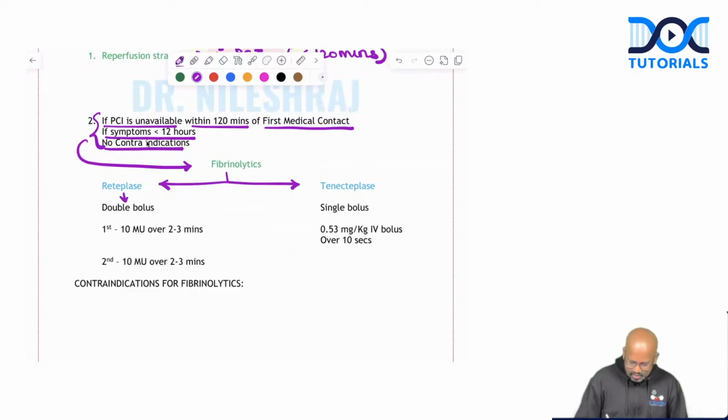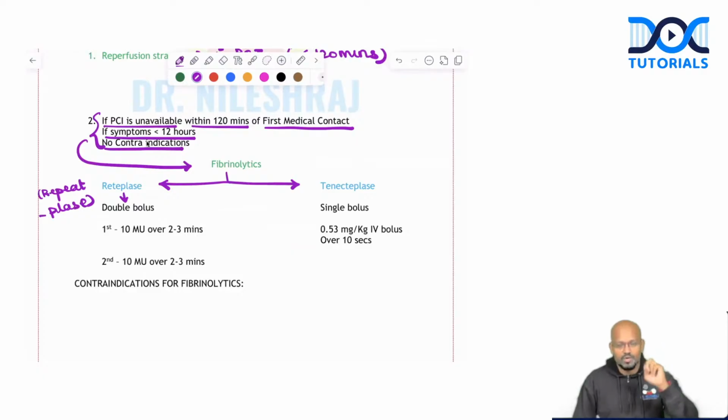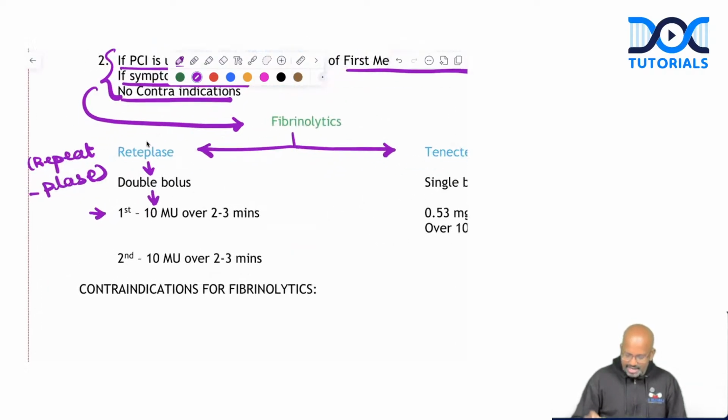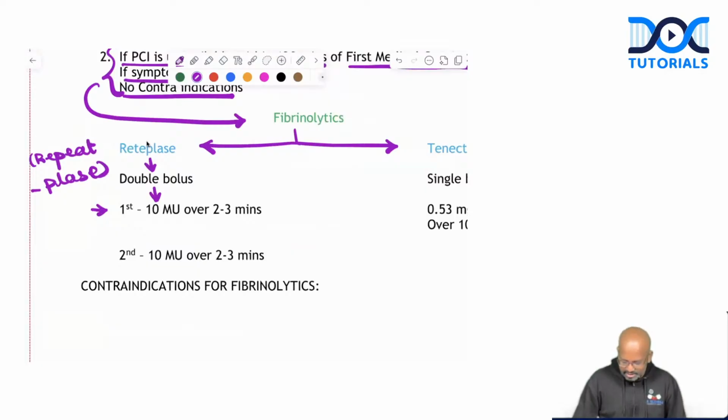Reteplase, always please remember it as repeatplase. Please change the drug name of reteplase to repeatplase, because we have to administer 2 drug doses. We have to repeat the drug dose. Double bolus is the usual regimen which we give for reteplase, guys. The first bolus is administered 10 million units over 2 to 3 minutes. After like 30 minutes, we have to administer the second bolus of 10 million units for a period of 2